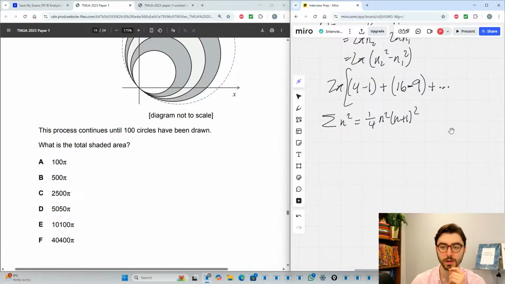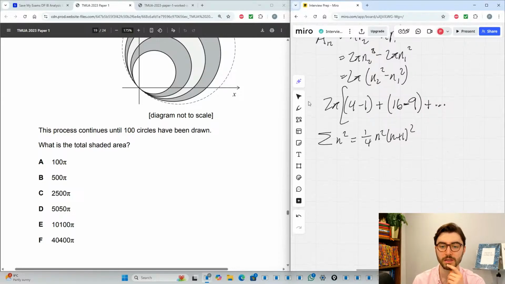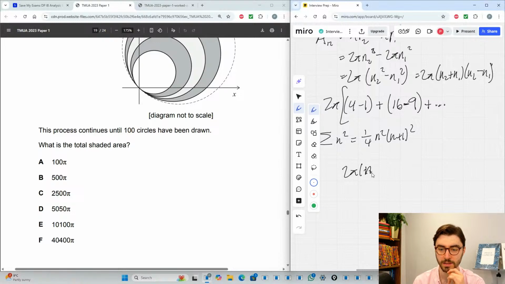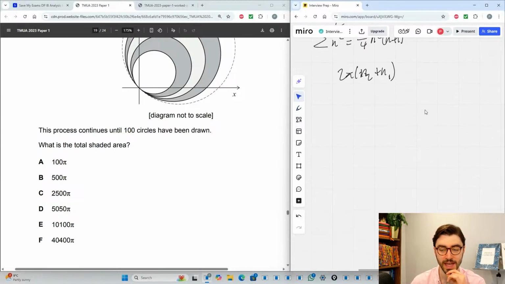I wonder, because it's the difference of two squares, if I call that 2 pi n2 plus n1, n2 minus n1. There we go, because n2 minus n1 is always going to be 1 here. So it's going to be 2 pi n2. That's more like it. That's much more like it. That is so much more like it, because then